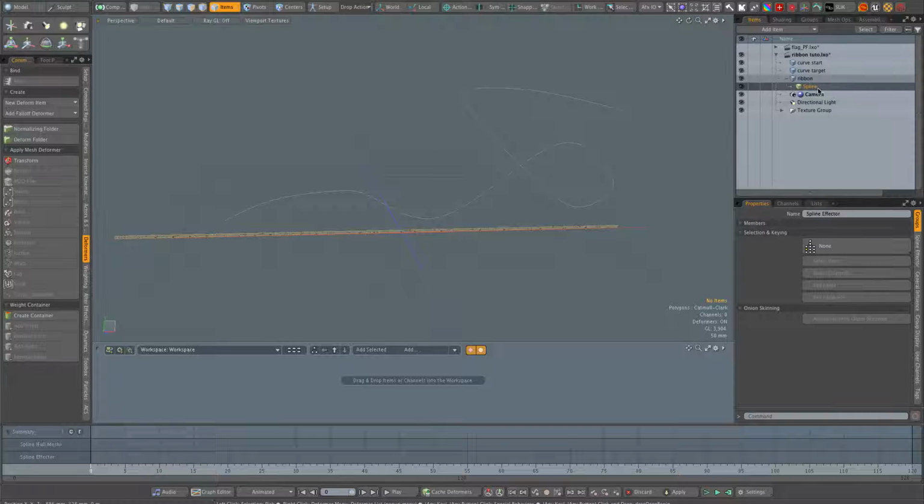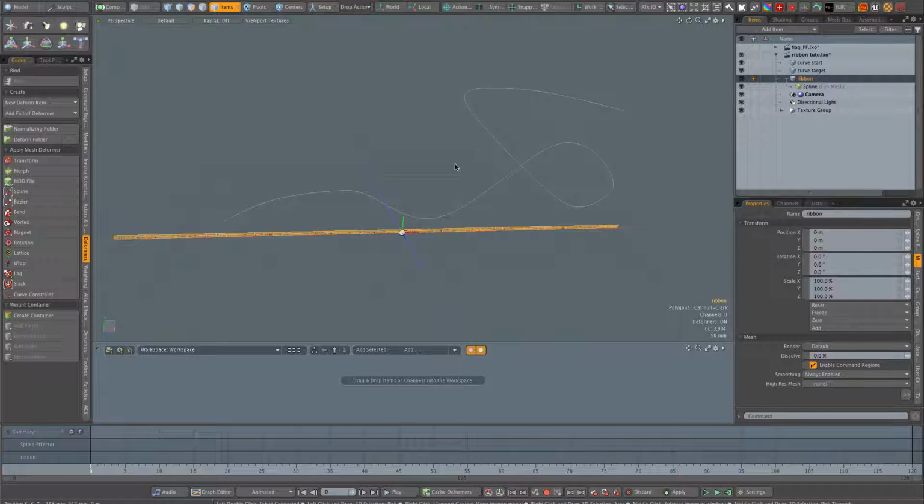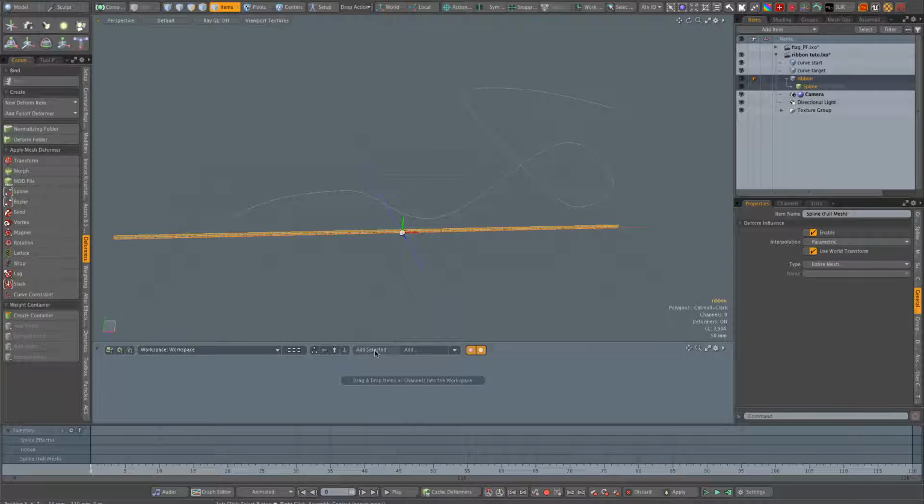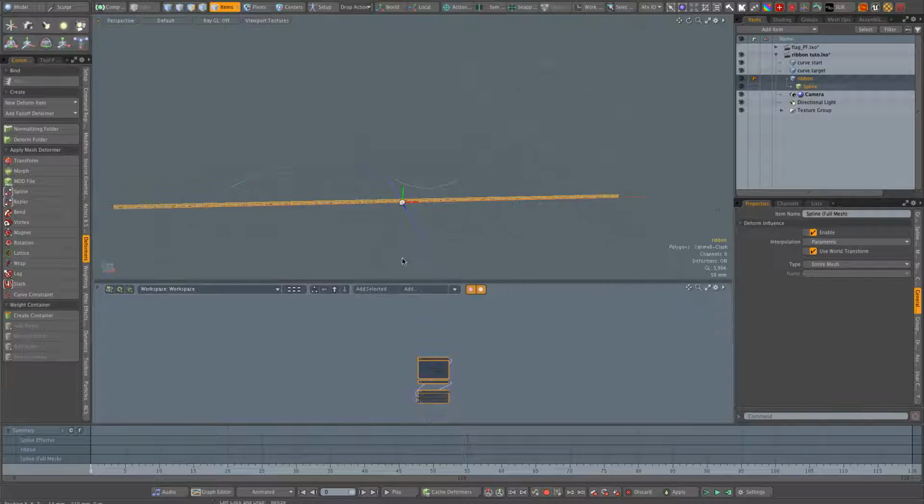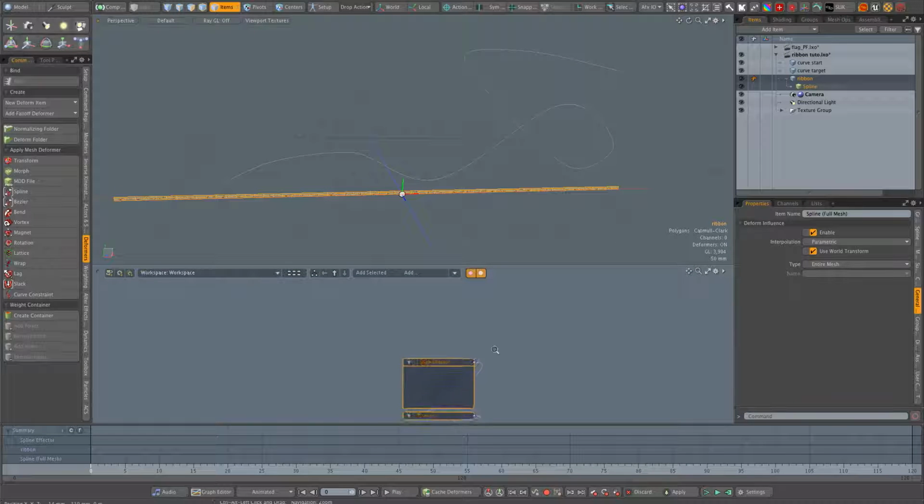So now you have a spline deformer, and you don't see it in the viewport because it's not set up completely yet. So I'm going to select both the ribbon and the spline and click on Add Selected here in the schematic view.